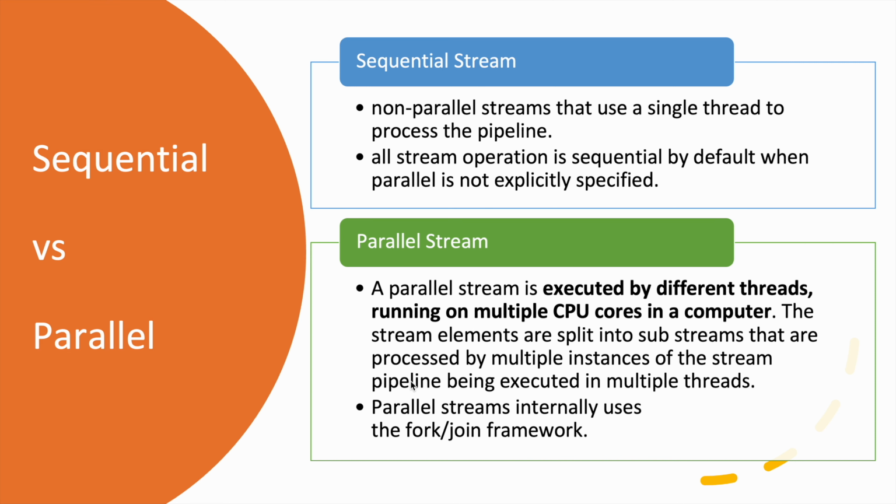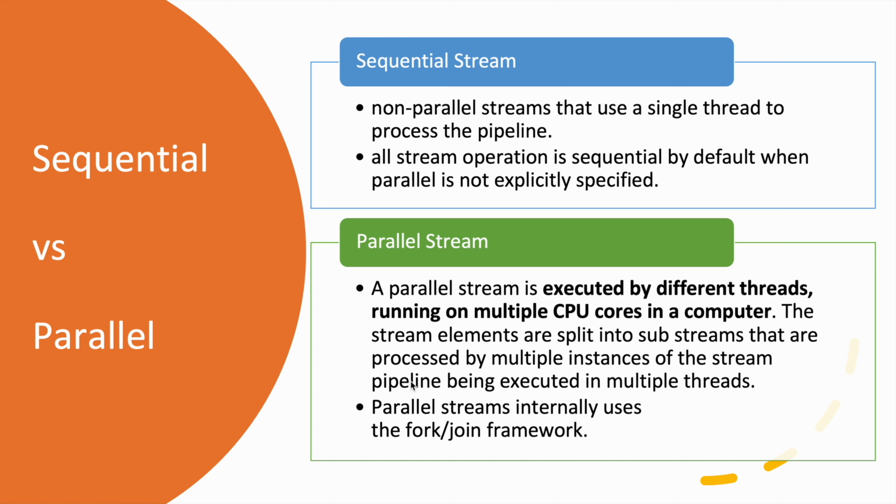A parallel stream is executed by different threads running on multiple CPU cores in a computer. The stream elements are split into substreams that are processed by multiple instances of the stream pipeline being executed in